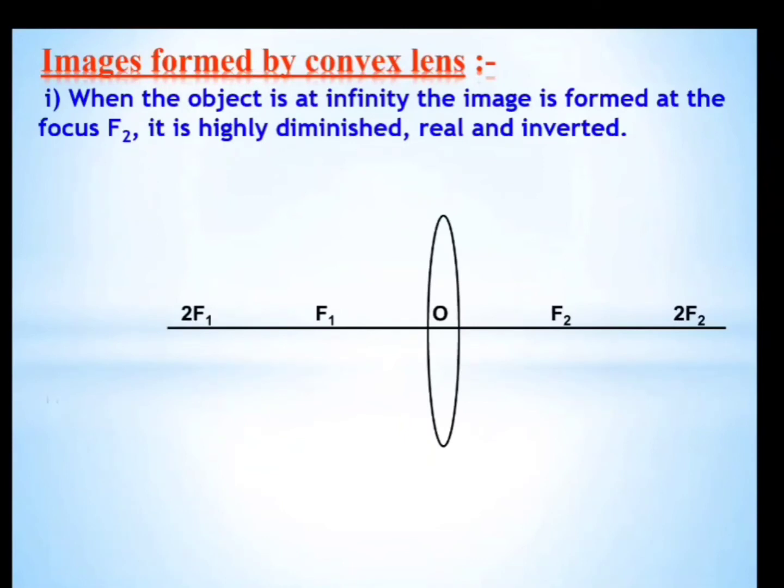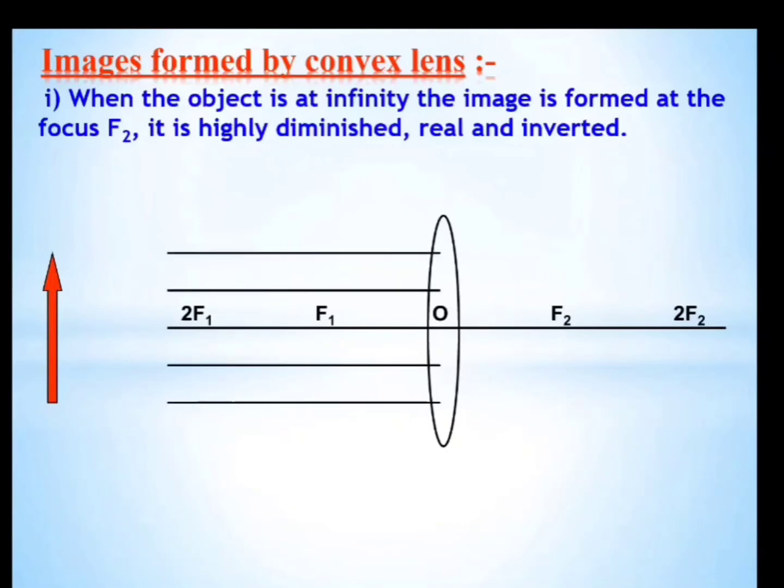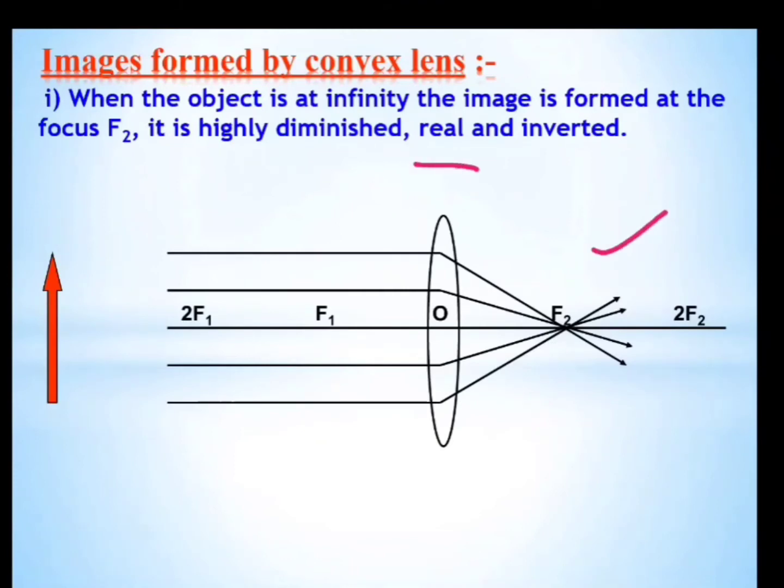The very first is the object lying at infinity. So when the object is at infinity, all the rays are considered parallel to principal axis. So they will definitely converge at a point on the principal axis, that is focus. So here in this case a real, inverted and point size, that means highly diminished image will be formed at